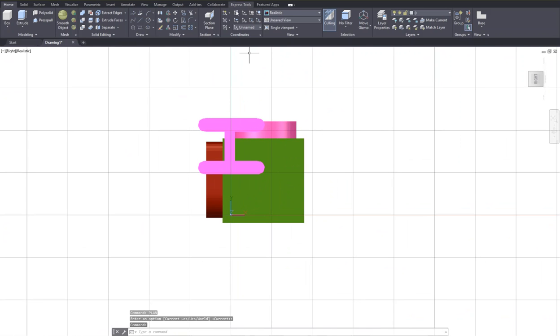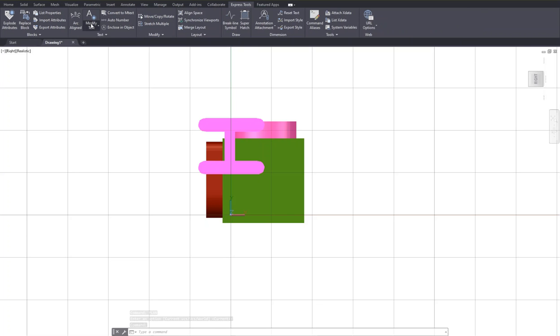So we go to what? Express tools. You choose modify text. Actually, this is text explode, TXT, EXP, but you can type it if you like. But you can click on it. It's more professional, if you ask me. Enter. Very good. And our text is ready to go with